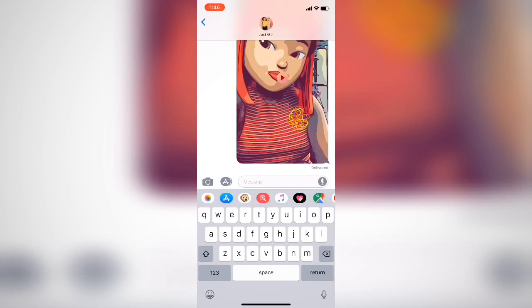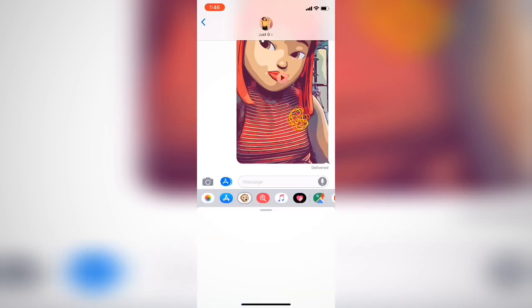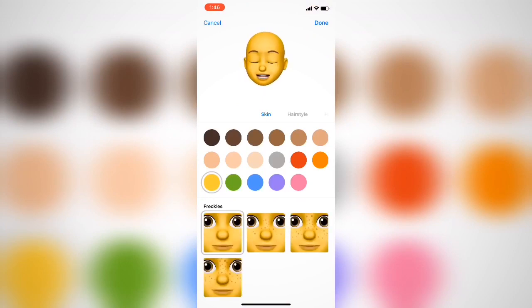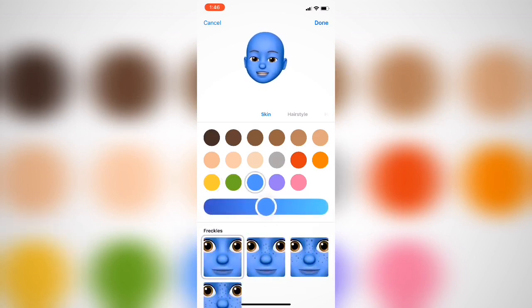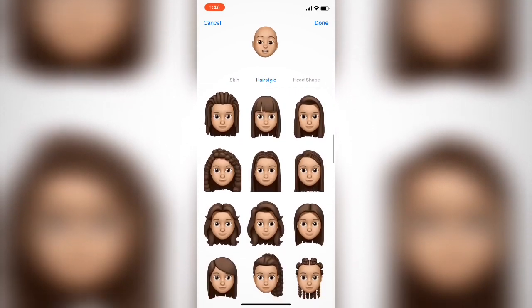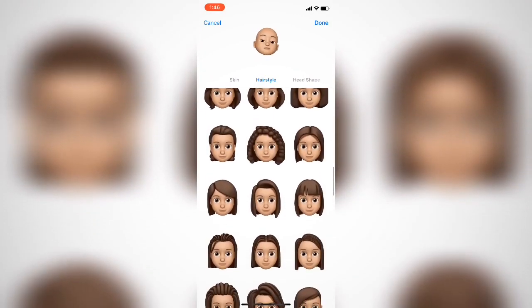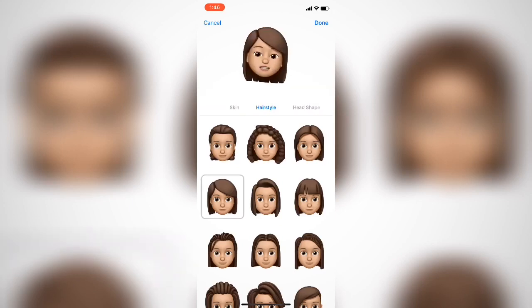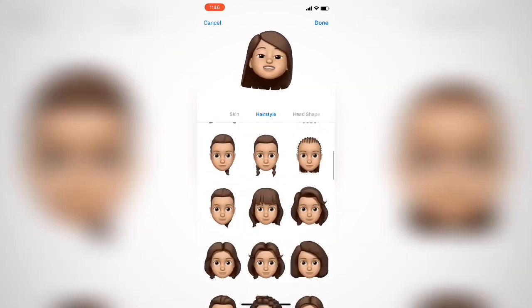So to create your own emoji, you have to make sure you click this monkey here, and then I have a few emojis made already, and I could add another one. You can pick whatever color of skin you want. Doesn't matter, you can pick blue if you want to be like an alien. Let's say I want this color because that's my own skin tone, and then I'll just have to pick whatever hairstyle you want. Mine, let's try this kind of hair,